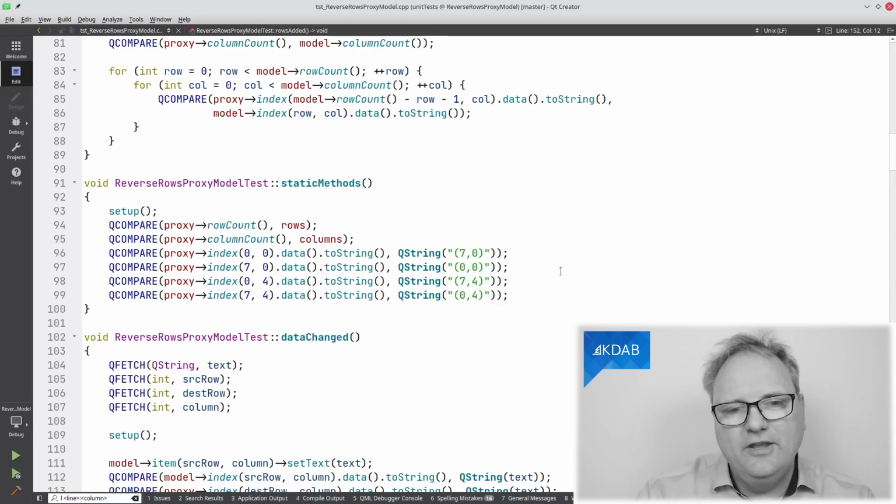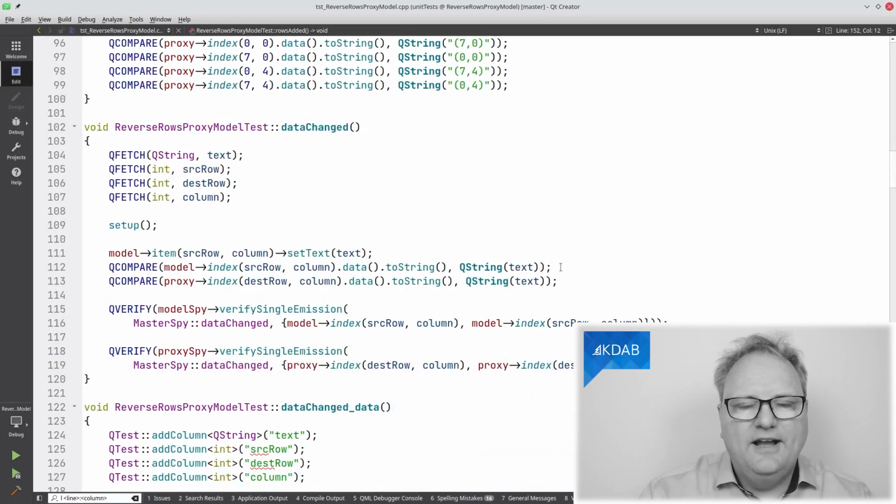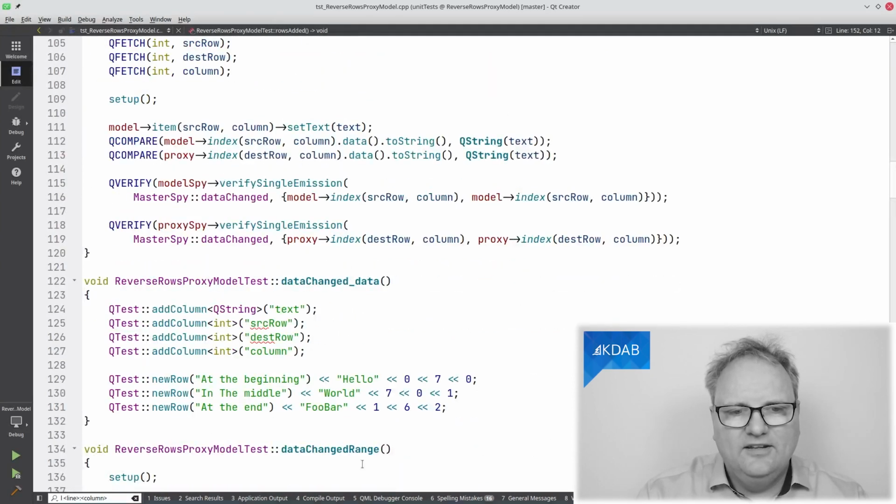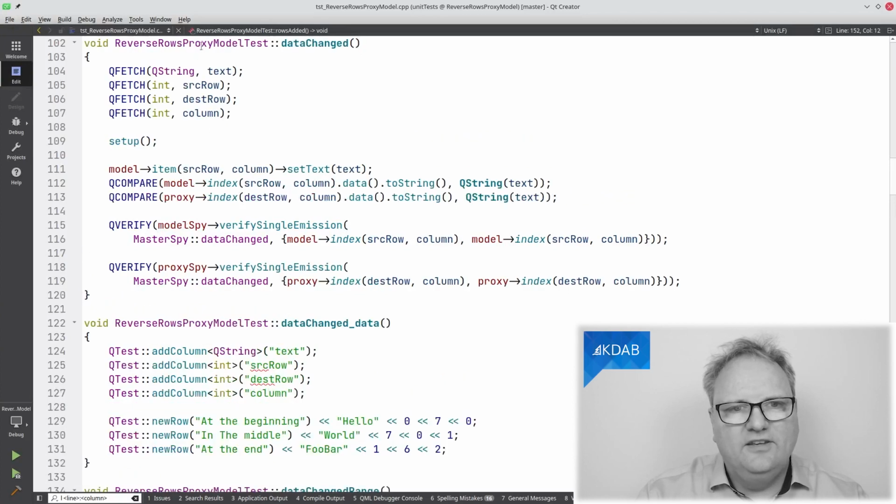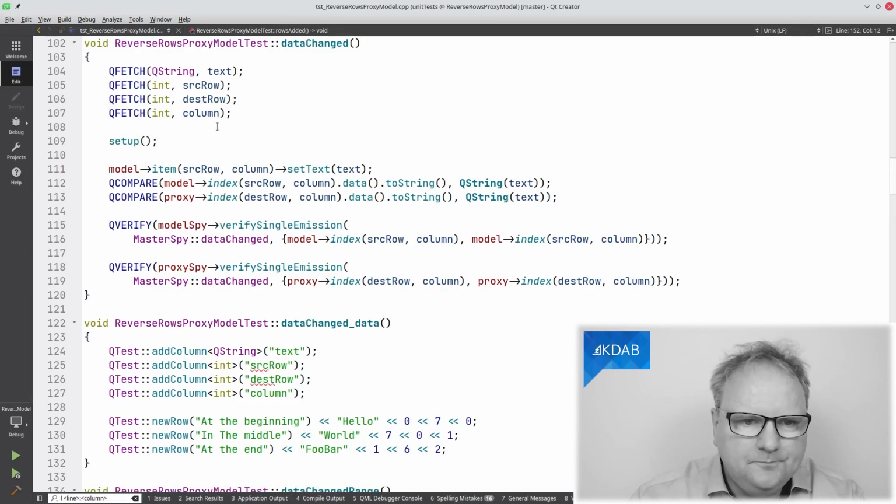And now for the rest of them, you notice I'm using table-driven testing. So I have my data set up here. This is for the test of my data change signal. I'm setting up the data structure here. I have three tests for hello world and foobar that is inserted at source row, dest row, and column. So at row number 0, column number 0 should be mapped to row 7, and so on.